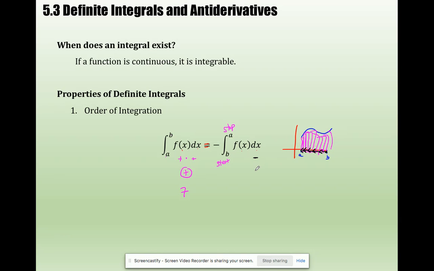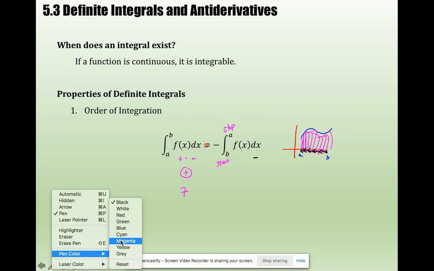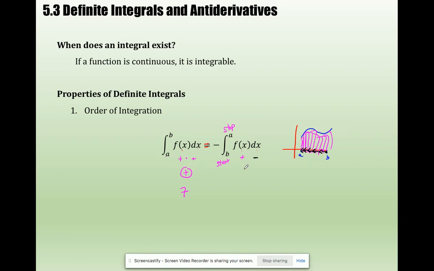Your dx is negative. But your function height is still what? Positive. What happens when you sum the products of positive times negatives? You get a bunch of negatives, but you're going to get -7. That is not equal to 7, but if I negate -7,